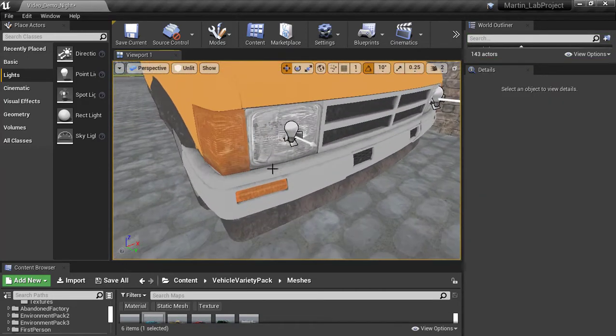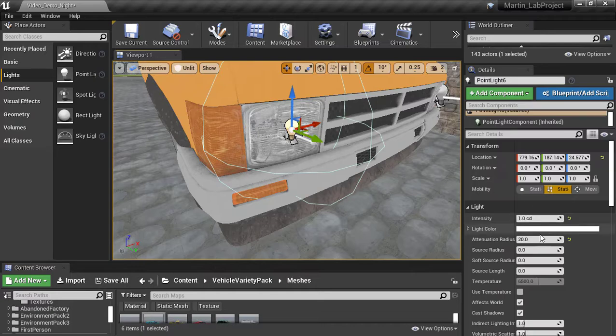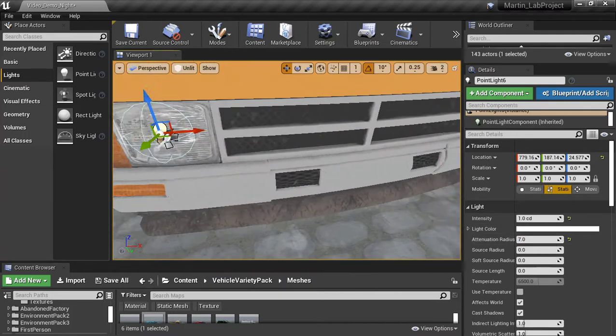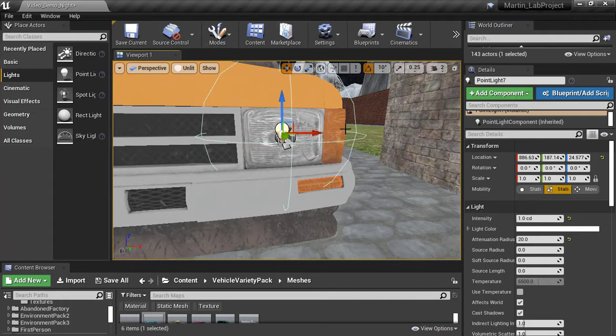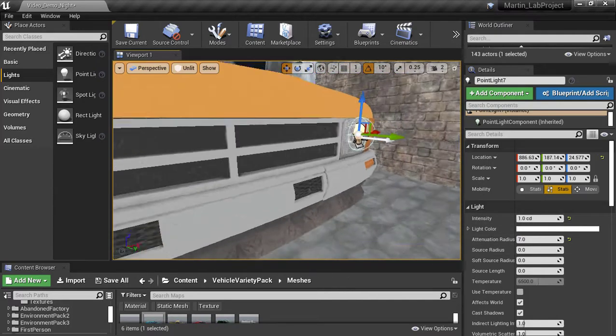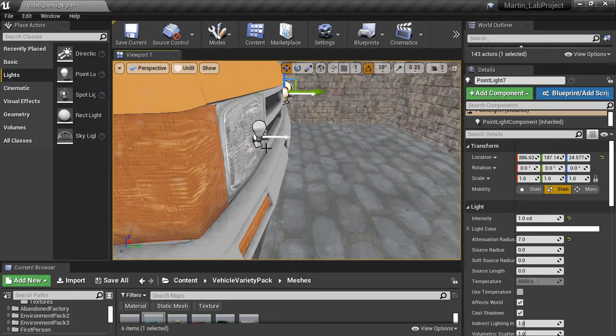All right, so with these guys, the point ones, I think the radius was 20. Let's make them 5. Let's try 10. Let's try 7. Okay, and then we'll do the same one for over here. We'll do 7. That way they stay the same. And then the other thing we'll do is with the point light,